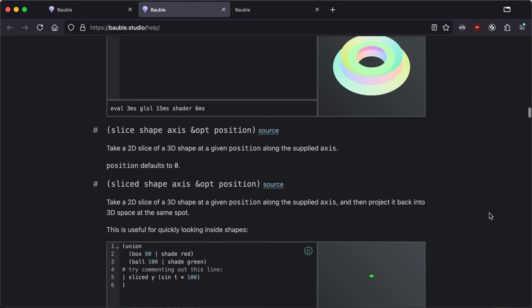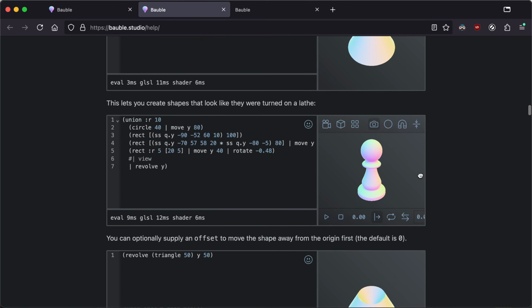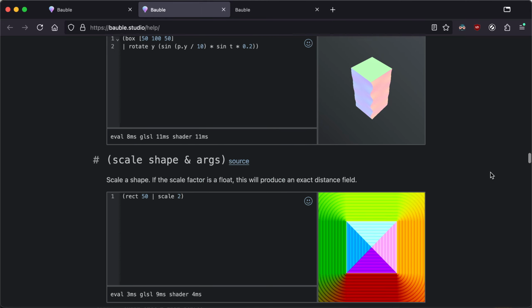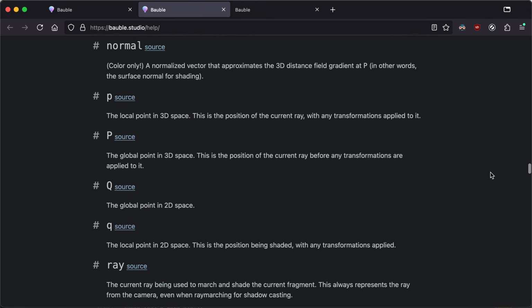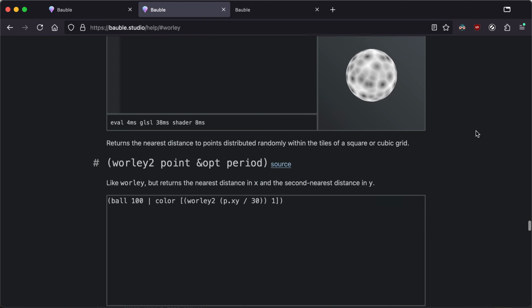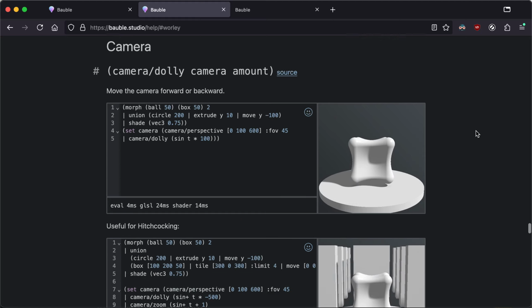It shows all the different operations. There's a better example of the solid of revolution of a 2D shape that we had, interior distance fields, the different noise functions available to you, so see our whirly noise that we demoed, all the camera